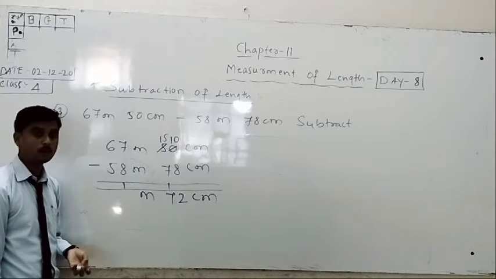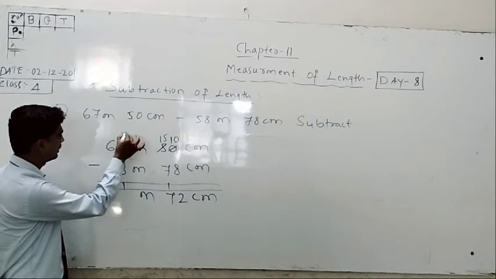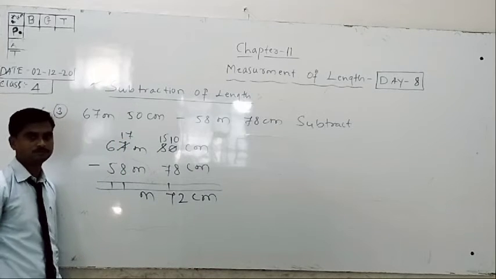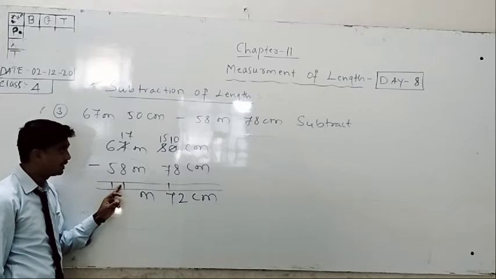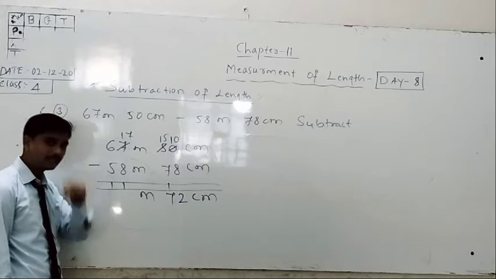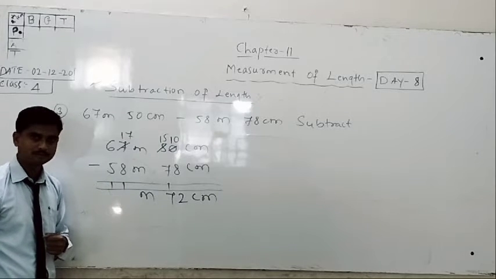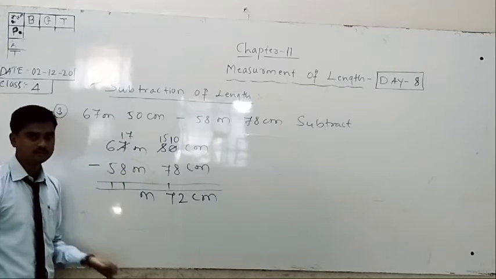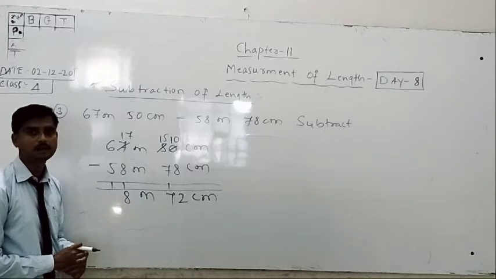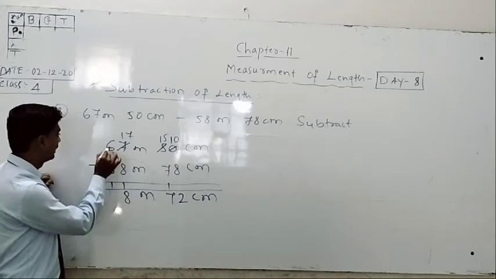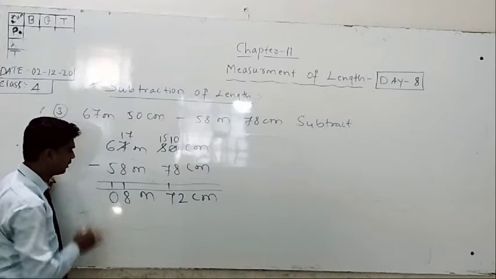8. What do you do? You take a borrow again, then it is 17. Okay. Then here 8 plus 1 is there. You think 17 minus 1, 16. 16 minus 8, 8. This is the mental problem. Then 6 minus 5 plus 1, 6. 6 minus 6, it is 0.